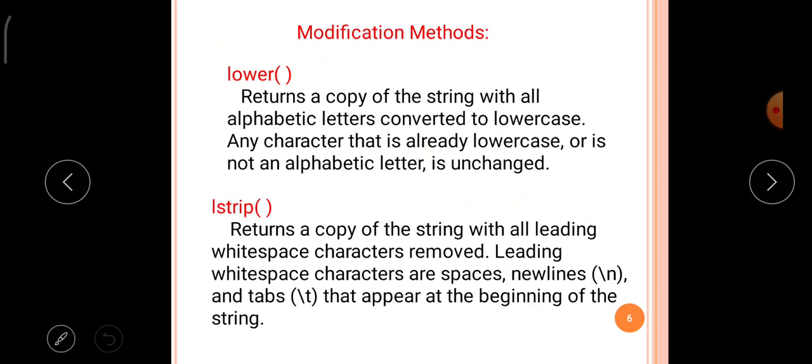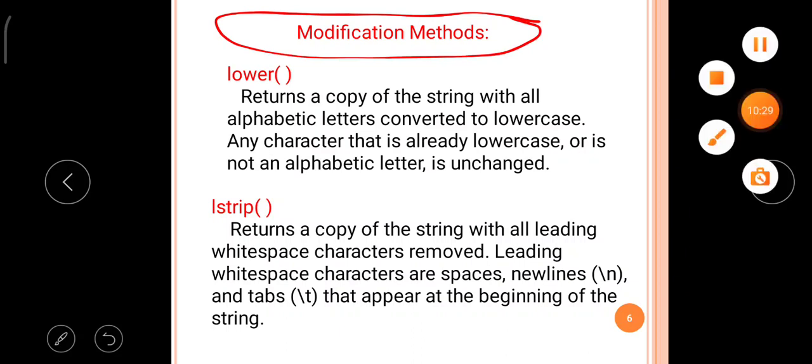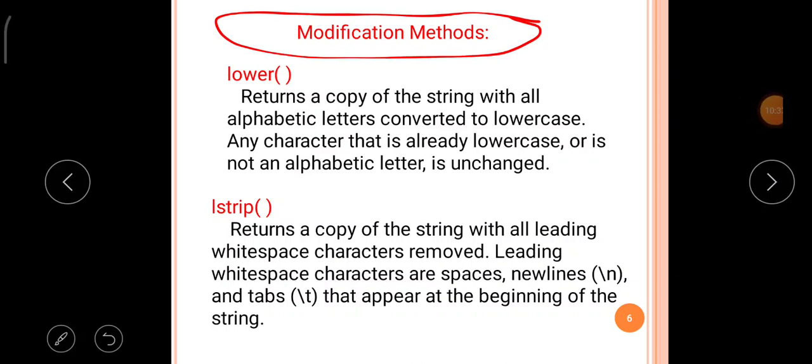So these are some important testing functions in the Python string module. The second classification is modification methods. With these string functions, the value of the string can be modified.